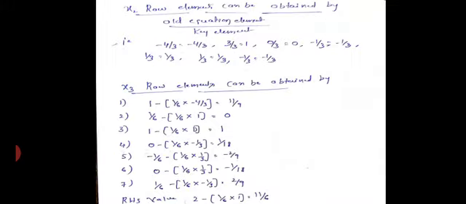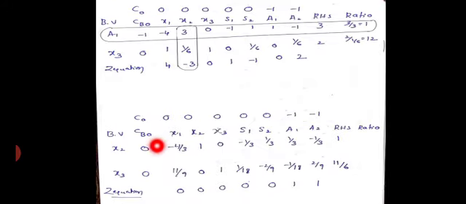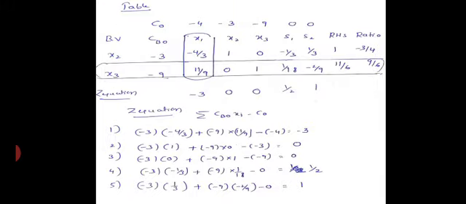CB, whose coefficient is what? -3 and -9. Here -3 for x2 and -9 for x3. That you need to change now. And similarly these values will be as they are from the last final table from phase 1. Remaining is as it is now. Okay, from this you need to proceed now.